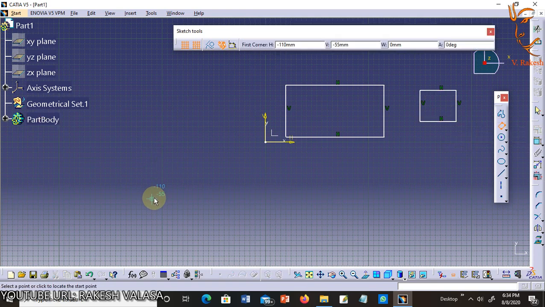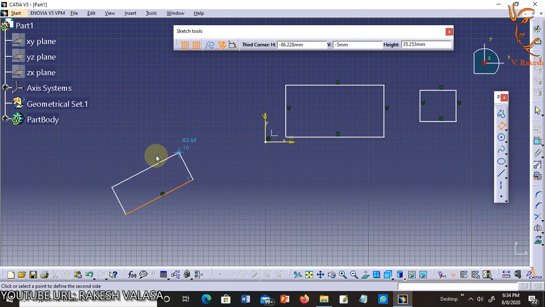You are prompted to specify the point. Click in the geometry area to specify the first point of the rectangle. You are then prompted to specify the end point, that is the second point.